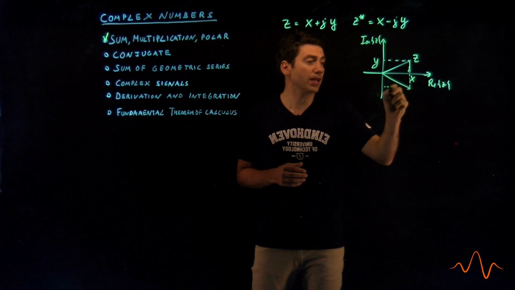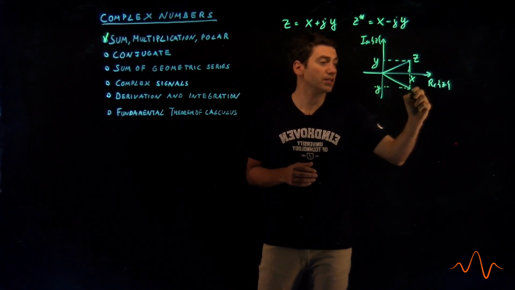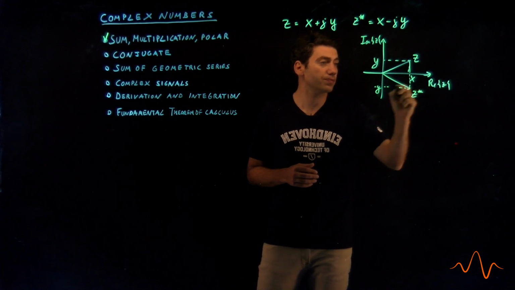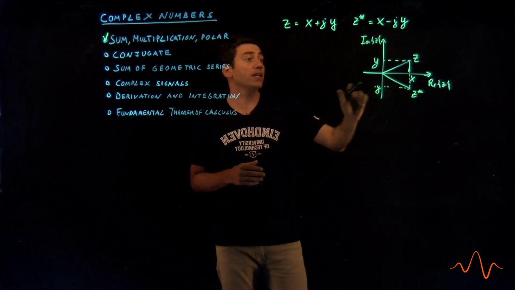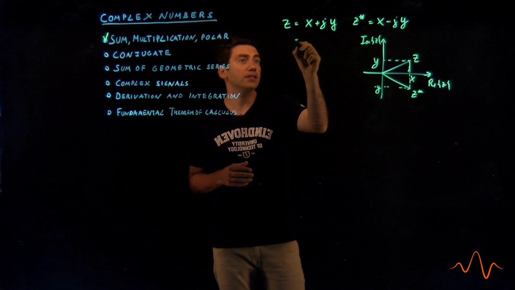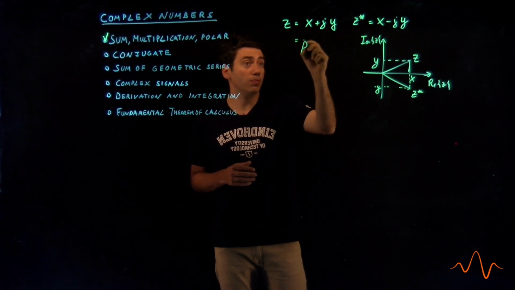Because then we can write x, minus y, and this is nothing more than z conjugate. Now, if we write this z with polar coordinates,